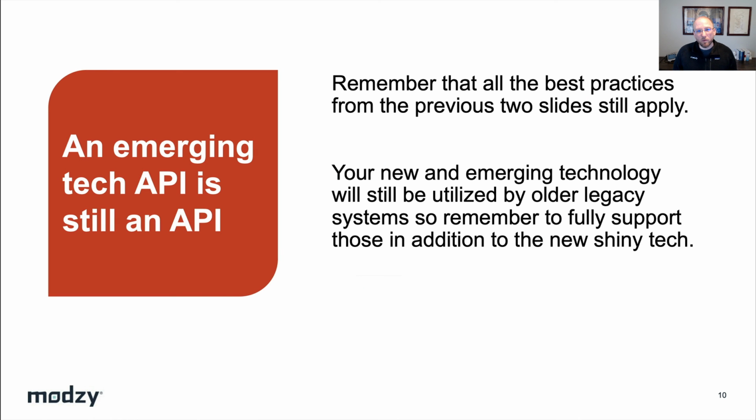To that point, remember that your emerging technology API is still just an API. All of the standard best practices still apply. It'll be used by advanced users and machines, as well as legacy users and machines. It'll be used by people knowledgeable about the topic and people who are just getting started. It'll be used by people with advanced use cases and basic ones. And because of the fast-moving ecosystem, you will need to keep your APIs current and effective with all of these changes, advancements, and new techniques that come along.